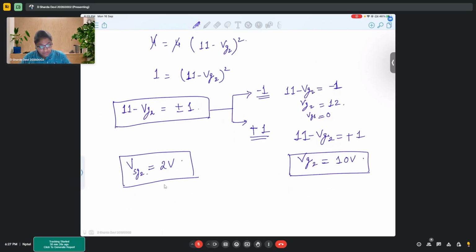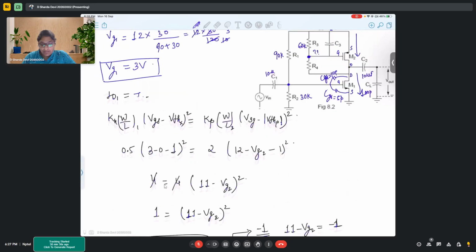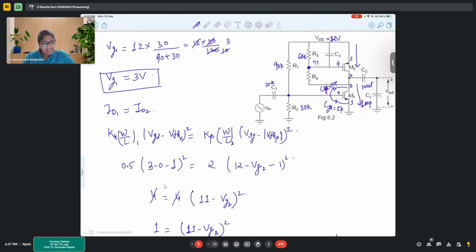I had a small doubt. We use the VGS equation, the quadratic one. Why didn't we consider the channel length modulation? Lambda was given, right? Lambda is given for both. Good question. So basically, see, the idea is here,